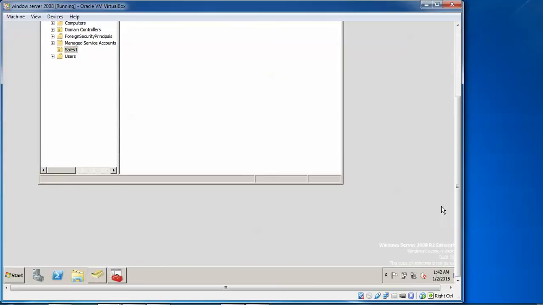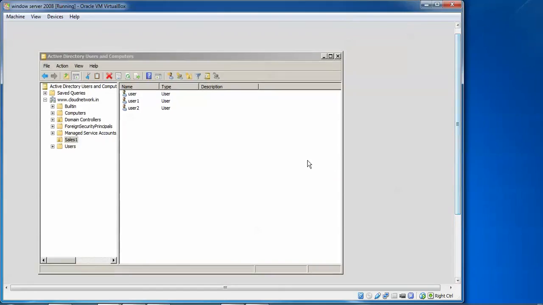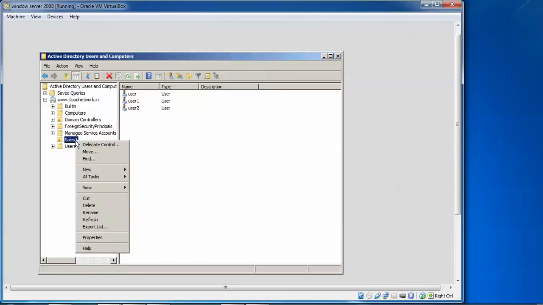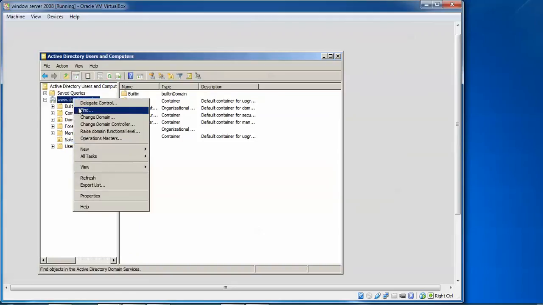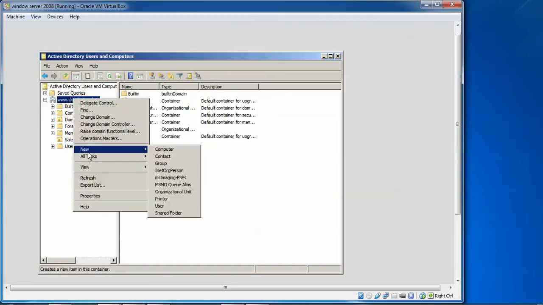We need to scroll up, and we are going to create a new OU. Right click, and we are going to create a new OU.